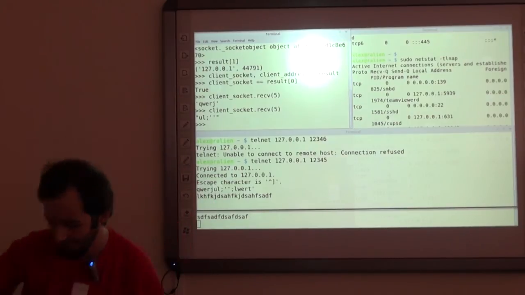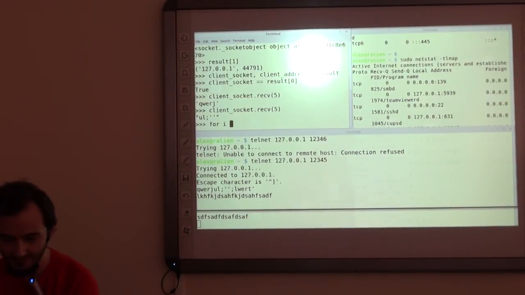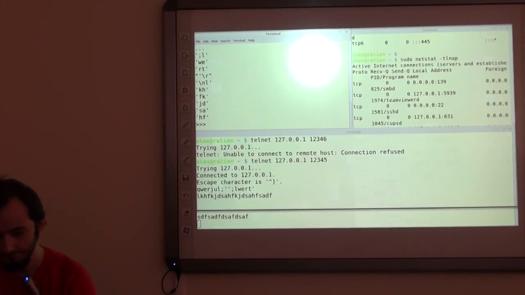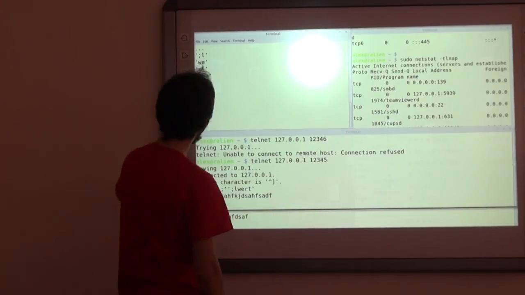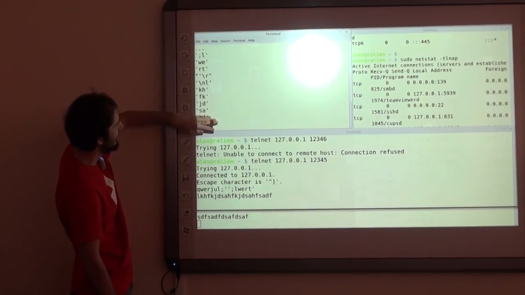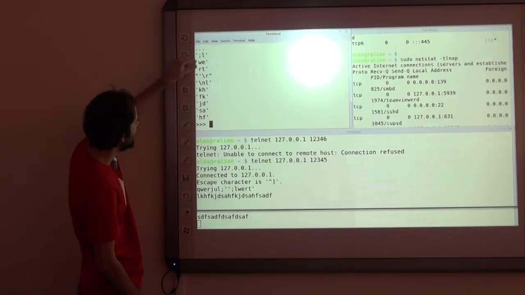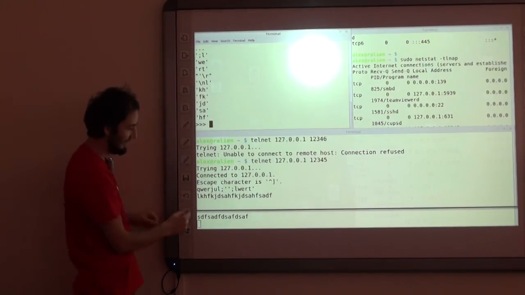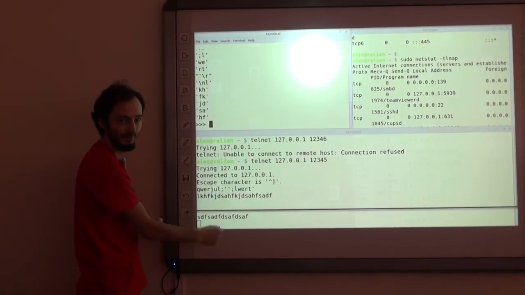For example, I could do this: for i in range(0, 10), client_socket.recv, and receive 2 bytes at a time. So you see, it ran that loop 10 times, or as many times as I asked it to, and you see all these 2-byte chunks from this response.